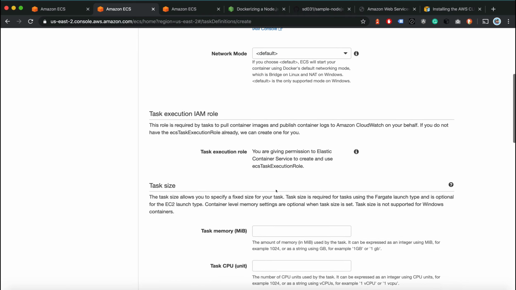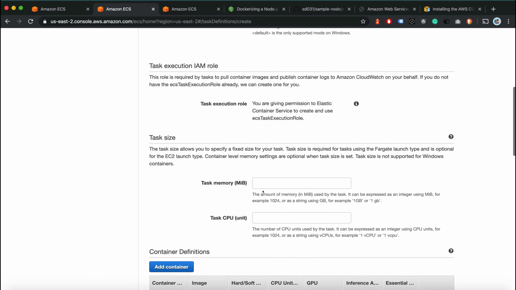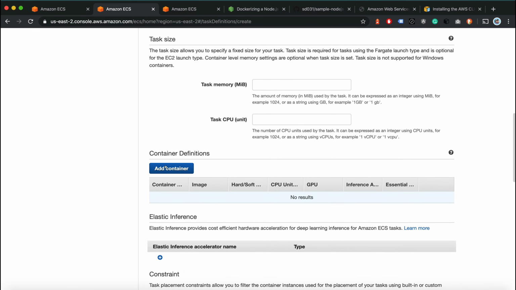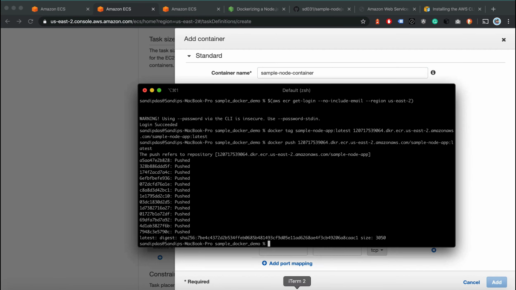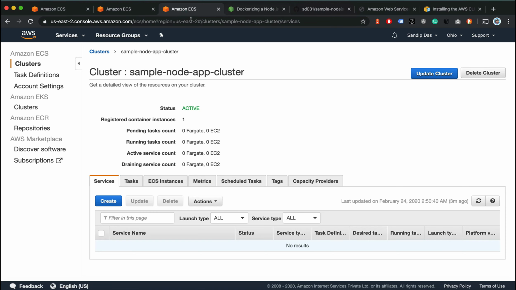Okay. Now task memory, I don't want to define anything. No task CPU units. Container name, sample node container. I hope now the image is up. Okay, now the image is up. Go here and